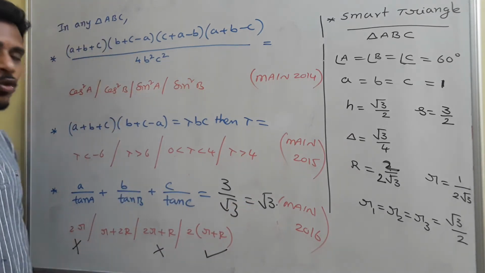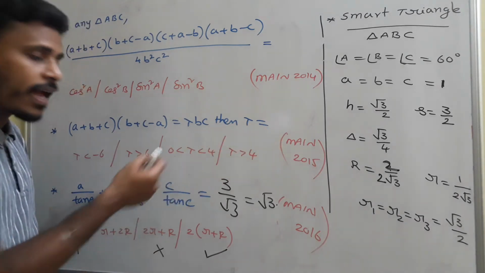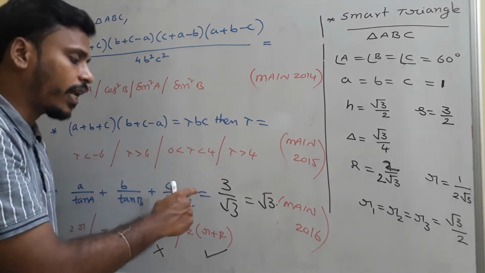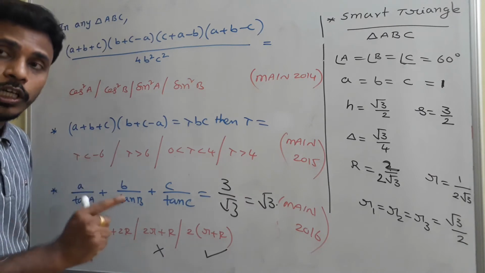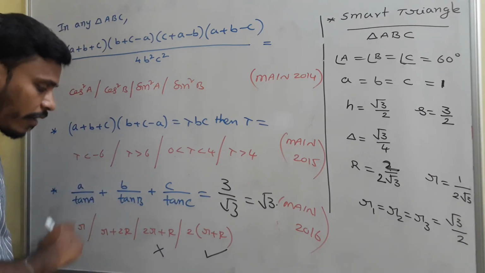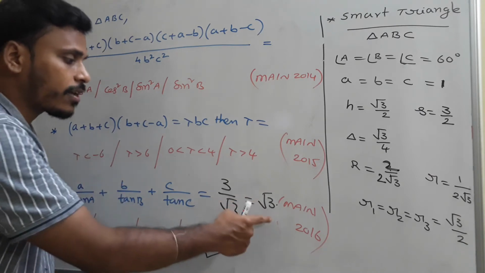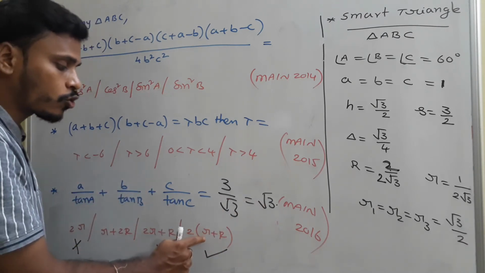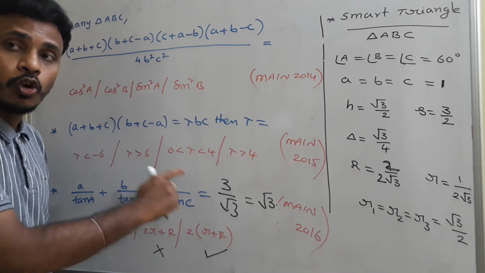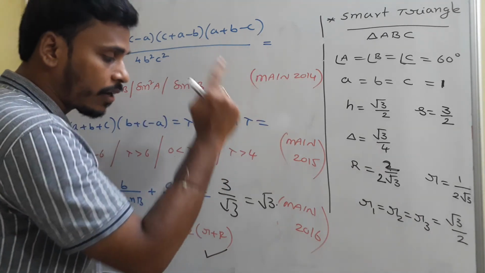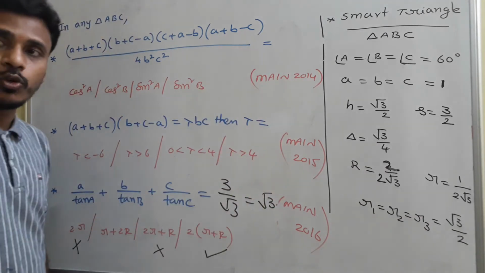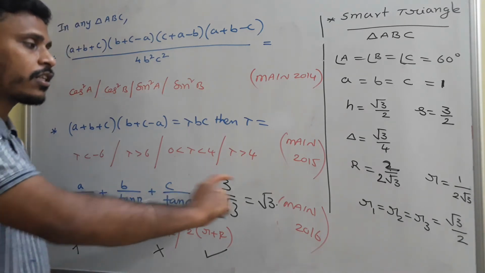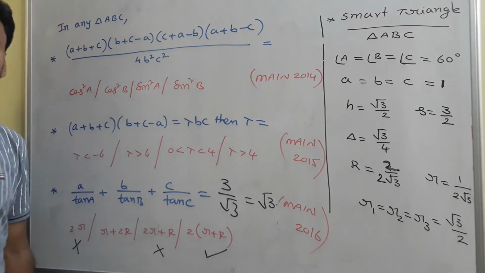If you check the other option, it also fails. Just use the values. First of all, simplify the given expression, it is root 3. Then you need to find the values of each and every option, which gives you the same root 3, that is your choice. There ends the problem. And for this problem, your answer is 2 times of r plus r, and we solved it using smart triangle trick. This problem was previously asked in mains 2016. I am erasing this for the space and then I am going to discuss the second problem.